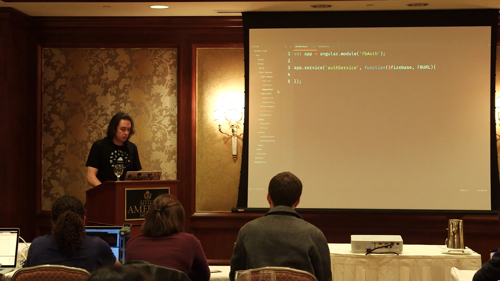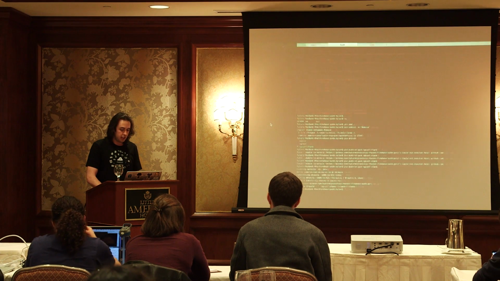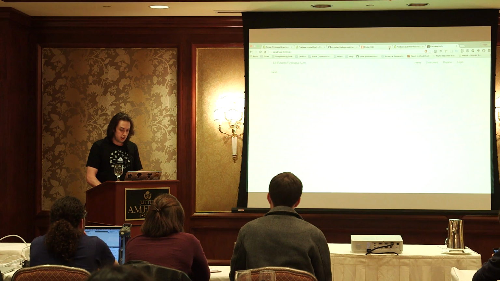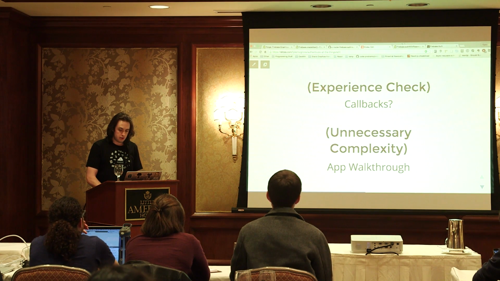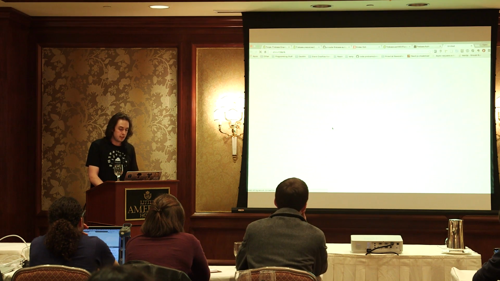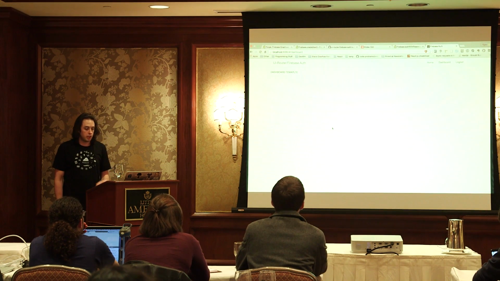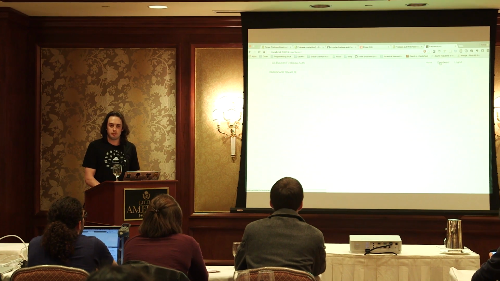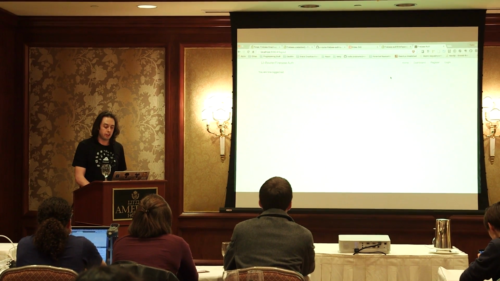We don't really need to walk through the code. It's kind of self-explanatory. If you look at the functioning app, where'd it go? So it's over here. Notice when we come here to register, the goal is to be able to do something like this. It will authenticate us with Facebook, and then notice our menu changed because now we're logged in. Really, really basic, but it's really, really great.